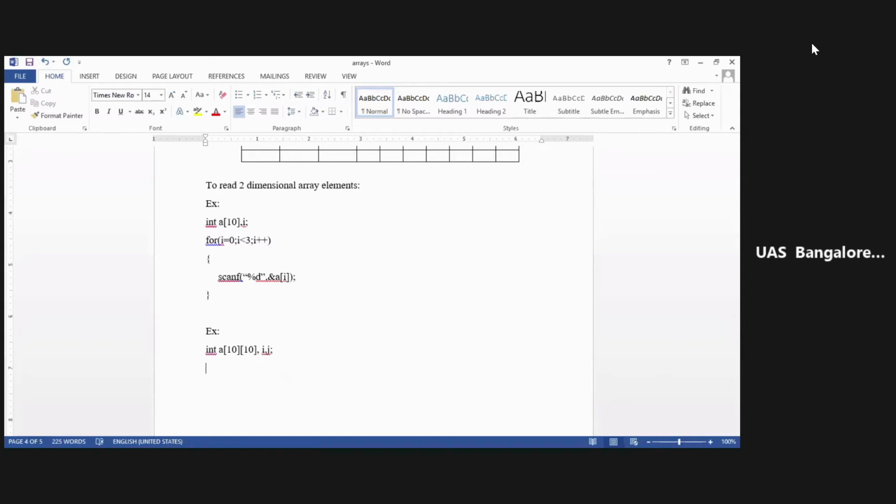Next, for a single-dimensional array, whenever you are reading an element, one for loop is a must. Similarly here, whenever you are reading a two-dimensional array, two for loops are a must. That is for i = 0; I need not explain this because I have already done this. i < 3, i++, right?